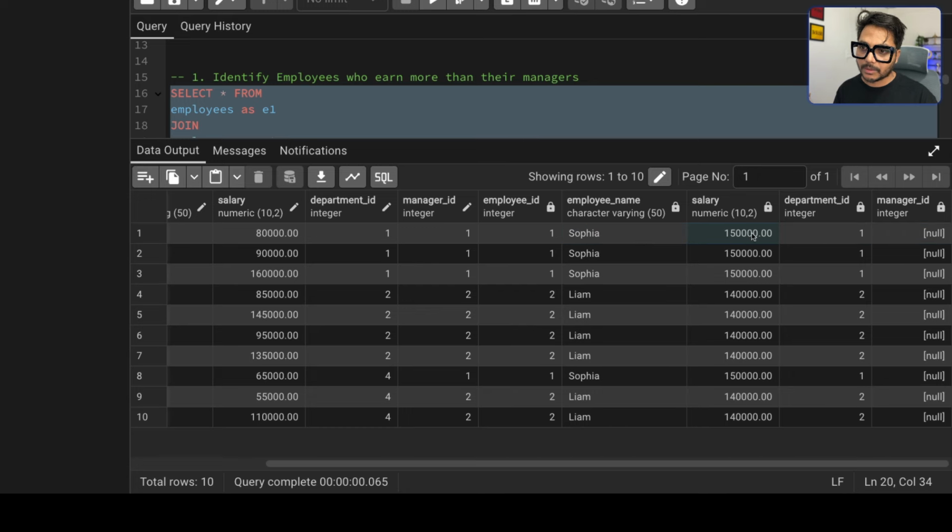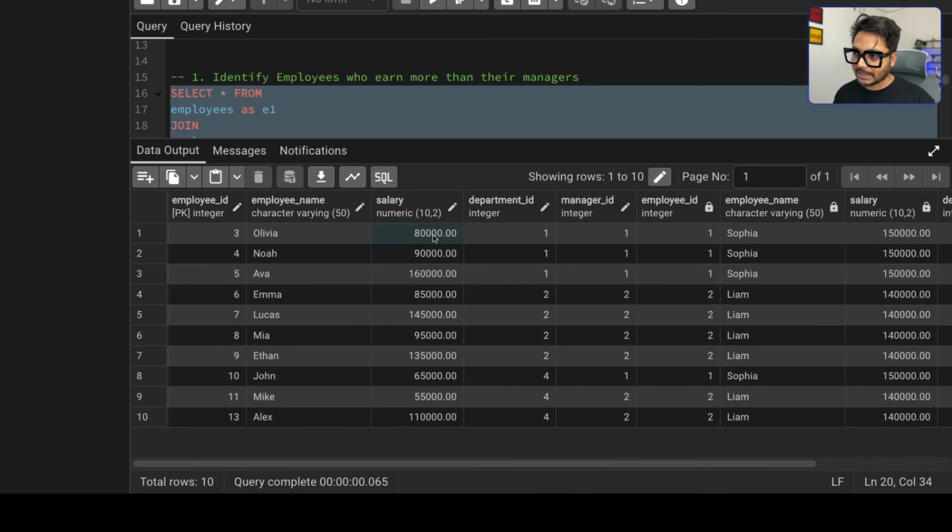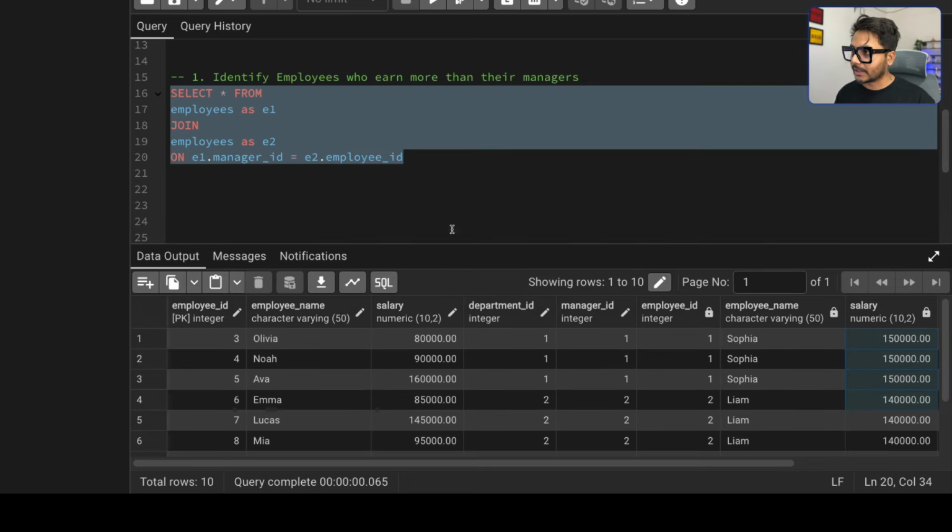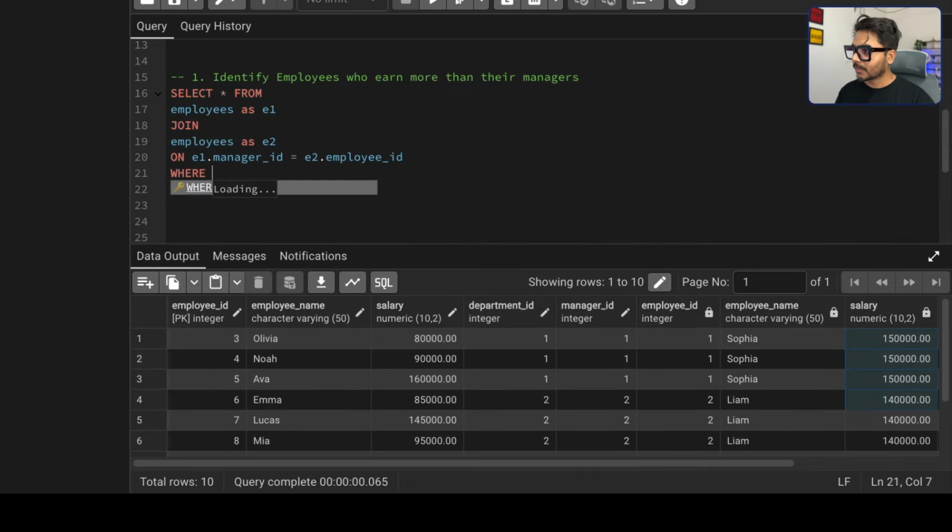So what you need to just find out is this salary. If this salary is lesser than this employee's salary, then we would be getting that data. So you can simply use a where condition here. You can say, hey, if this salary is greater than this salary, then we need those records. So what you can do is add a where condition, and go ahead and say that the first table, which is called E1.salary